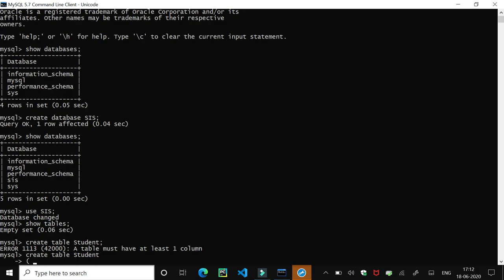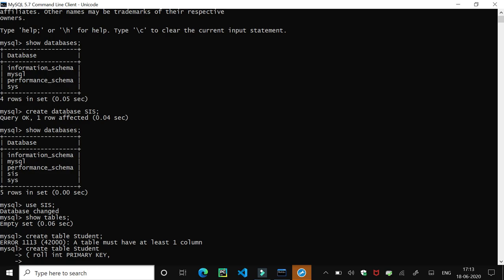Like just I am adding roll, and then I am giving the data type here. So in other programming languages like C++ and Java, first we put the data type and then the name of a variable. But in case of SQL, first we enter the name, then we enter the data type. Now, just I want to make this roll number a primary key of a table. So just I will enter here primary key, then comma.